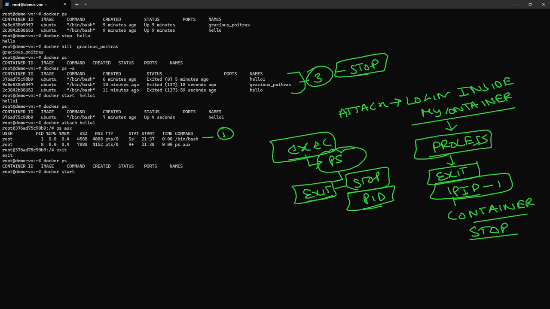So what was my container name? I would say hello one. My container has been started. I will run a command called docker exec -it, and what was my container name? hello one and bash. So in this case, what it is going to do, it is not going to log in inside my container using the process ID 1. It is going to create one process for this bash,